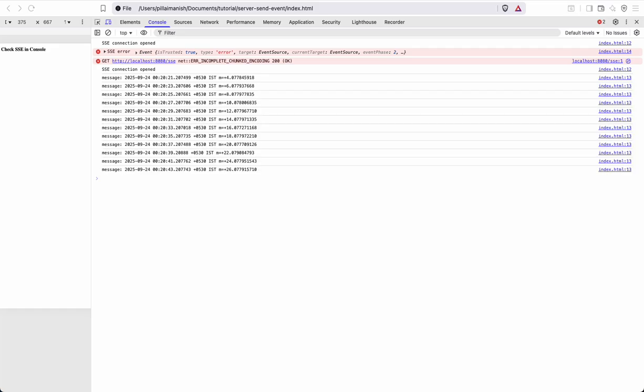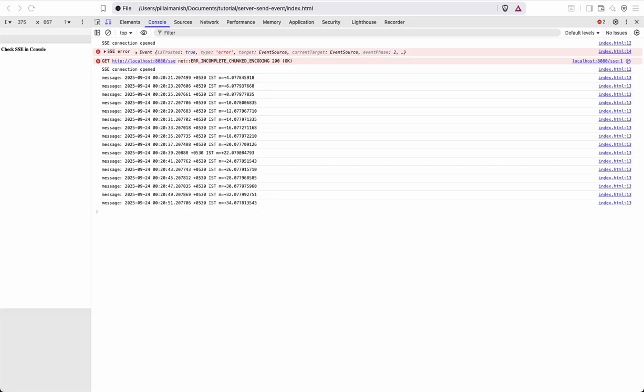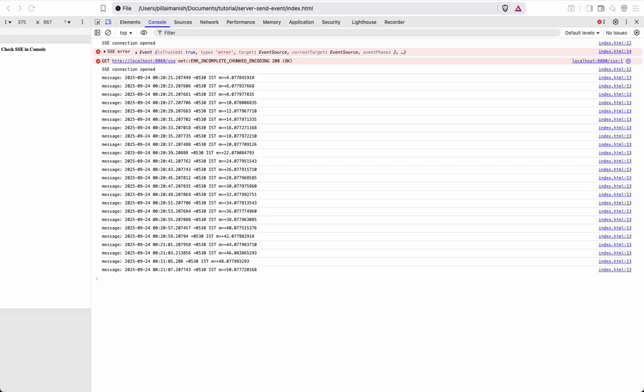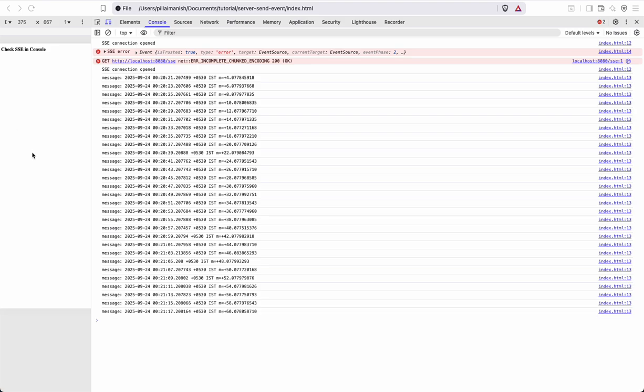We have another thing called streaming HTTP. It is a generic technique to send data in chunks over a single HTTP response. But unlike SSE, it is not browser specific, and SSE automatically parses fields like the message or data field. In streaming HTTP, we are responsible for the retry logic and all the parsing. So yeah, this was a simple video on what SSE is and how to use it. Thanks.